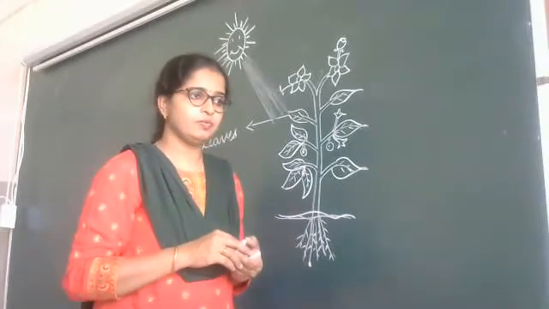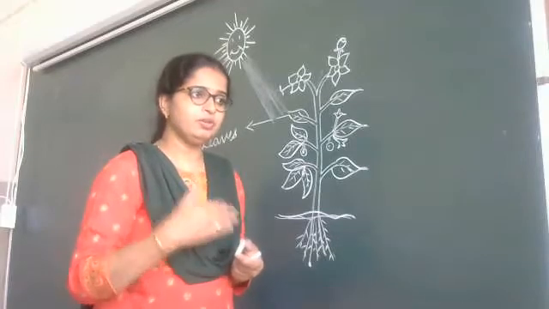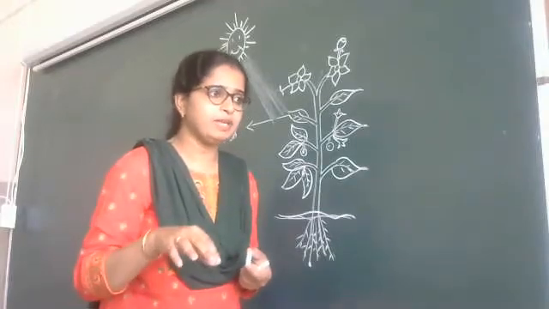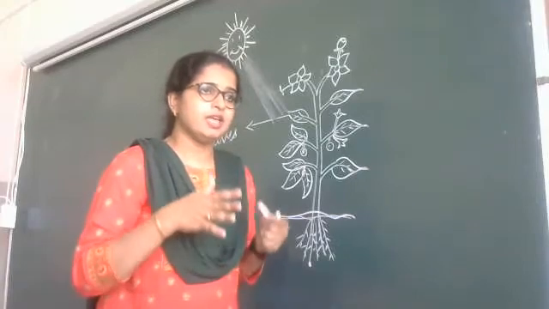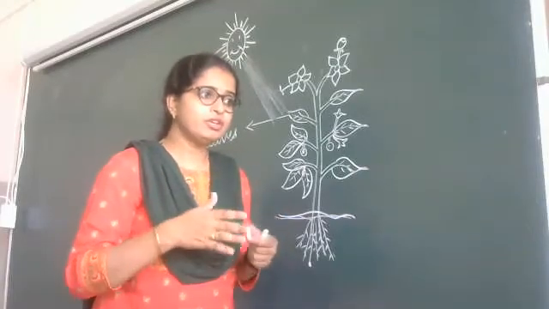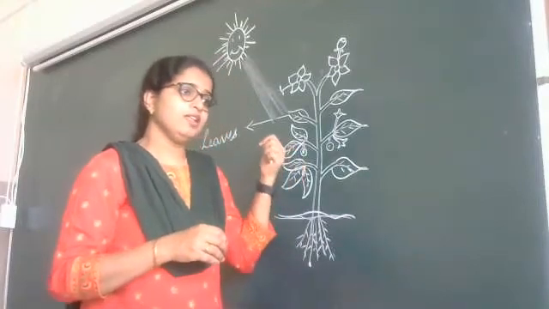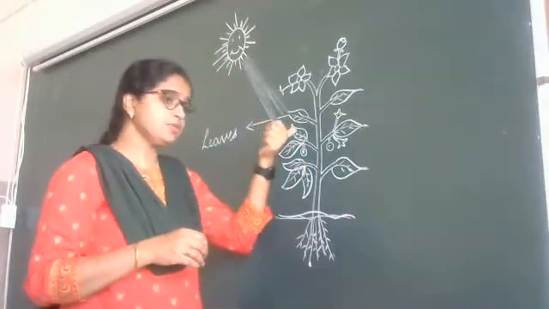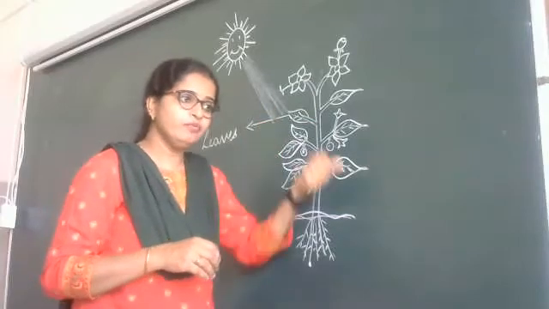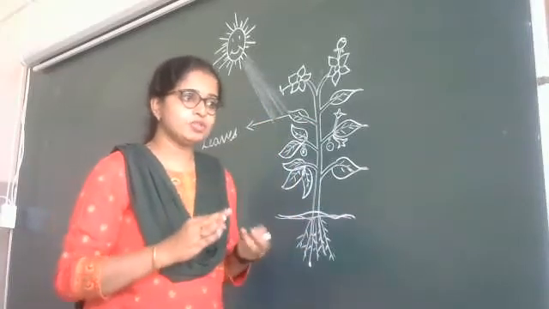Yes or no? We prepare food for our family members, and that process of preparing food is called cooking. And even this plant, the leaves also prepare food for the plant, and that process is called